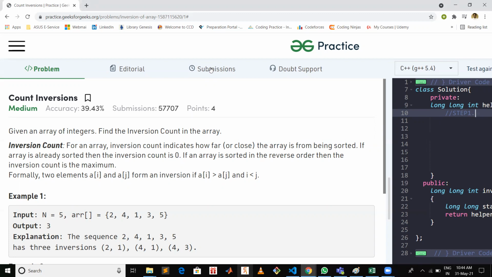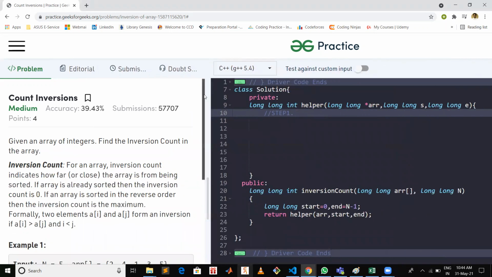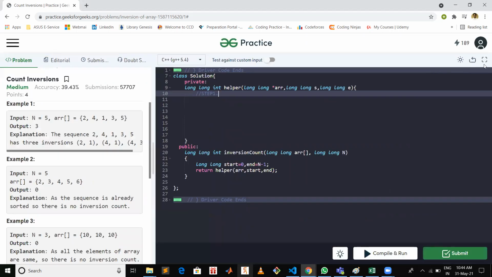In divide and conquer, as the name suggests, we divide our problem into subproblems and solve for each subproblem. After that, with the help of those subproblems, we solve for our complete problem. So I'm going to walk you through the code, and while coding, I will explain the concept and the algorithm. After that, I will debug this particular test case for you to get more clarity on the problem.